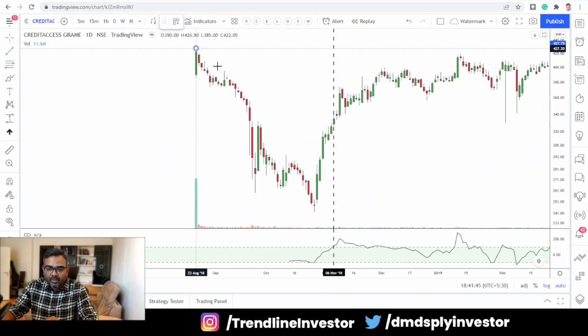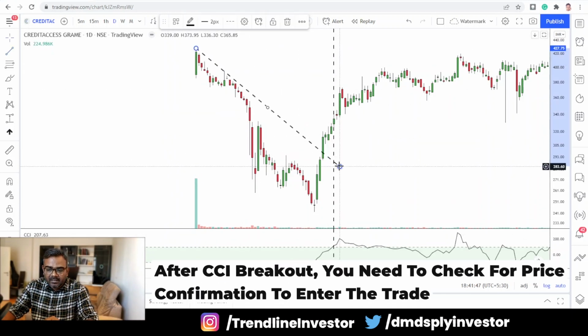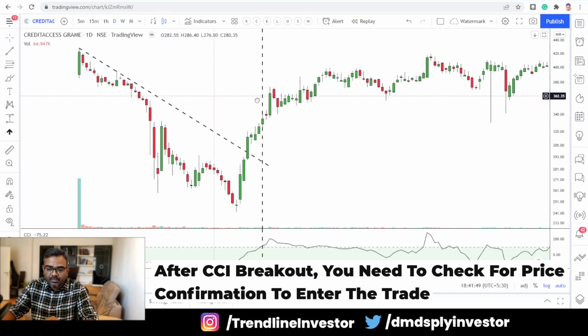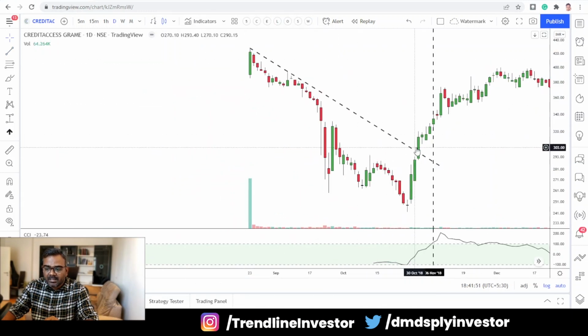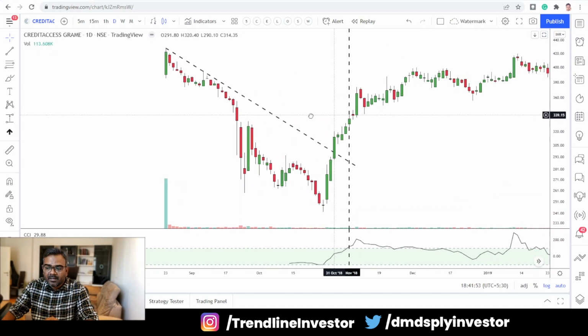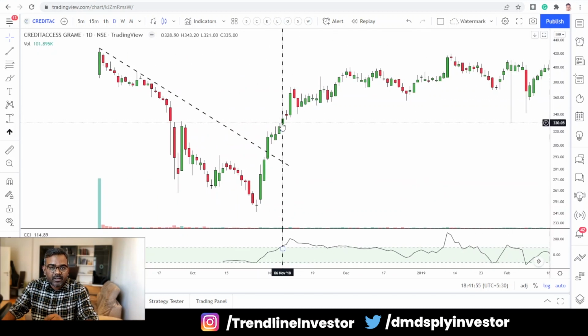Now all I want to check at this point is, what is the trend, right? The trend is definitely, it has broken a downward trend. It has crossed here and is now heading higher. Now at this point, if you want to take a bet, you can definitely take a bet and buy the stock, and you consider that unless it stays above 100, the stock is very bullish and I will not sell it. When the stock goes below 100 and it starts trending towards zero level, which means the